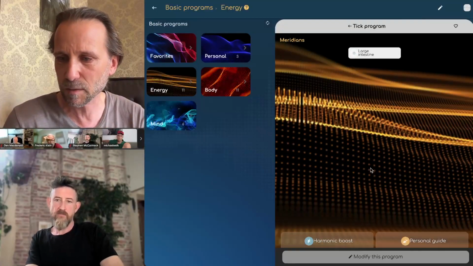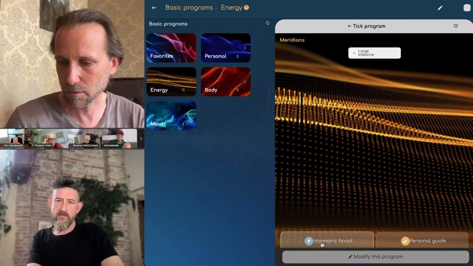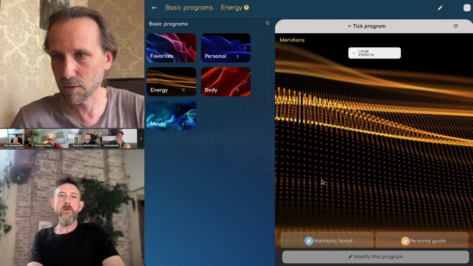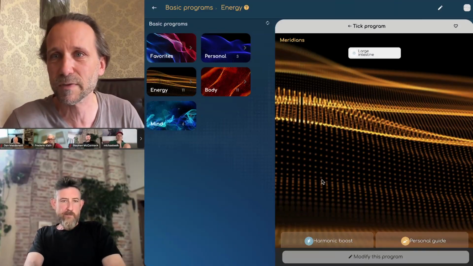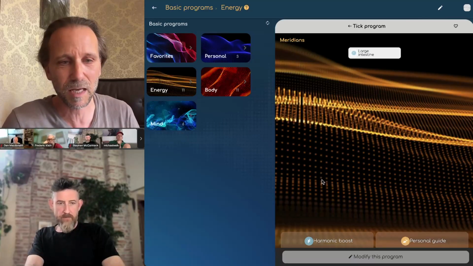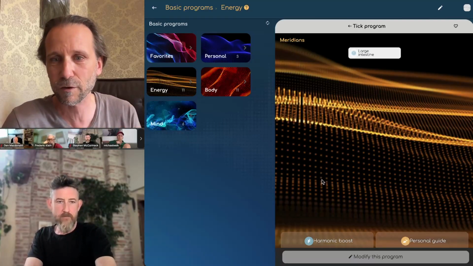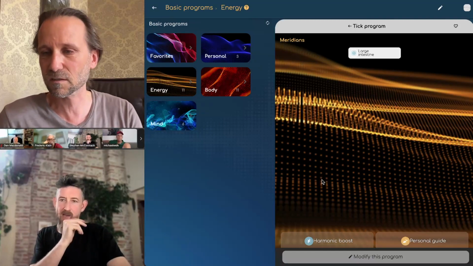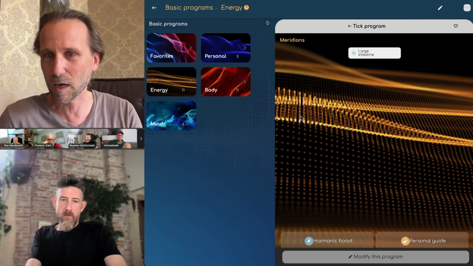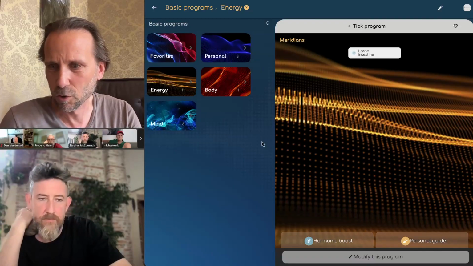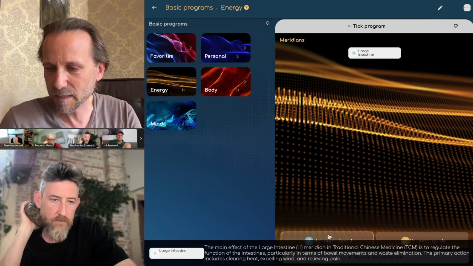a preview of the basic program with the same image and the same button to play the harmonic boost and some information on who created the basic program and so on. So I think it's very nice because you will be able to share with anybody whether they have the app or not. With just a link, for instance, now you will be able to share a whole harmonic boost. Speaking of a whole basic program, sorry. Speaking of basic programs,